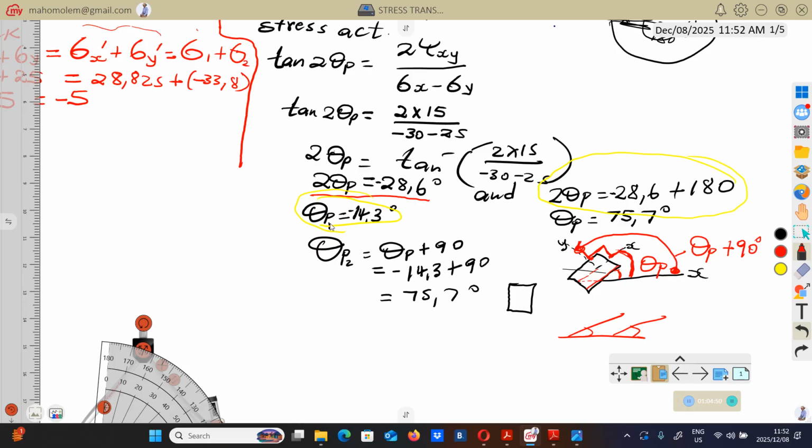So this theta 1 is the angle from here to this normal stress, which is the principal stress in this case. And this one here is the angle from this x line to this principal stress or to this normal stress. So I'm just showing you this so that you don't memorize this. Don't just cram this. You must understand them. But anyway, this one is valid for